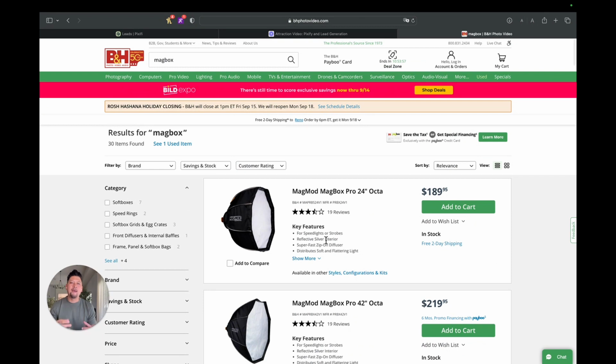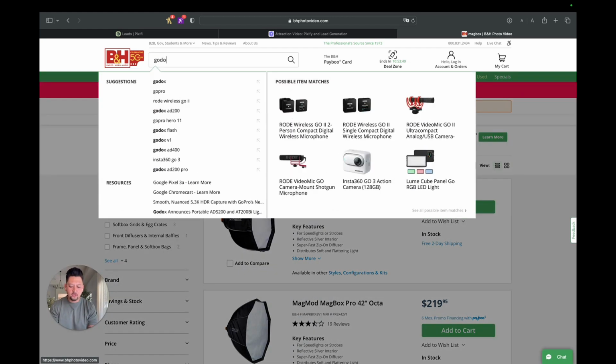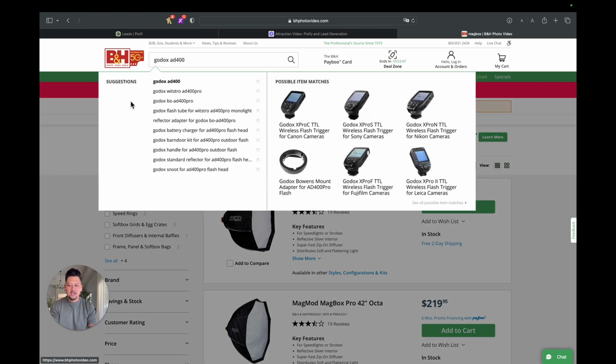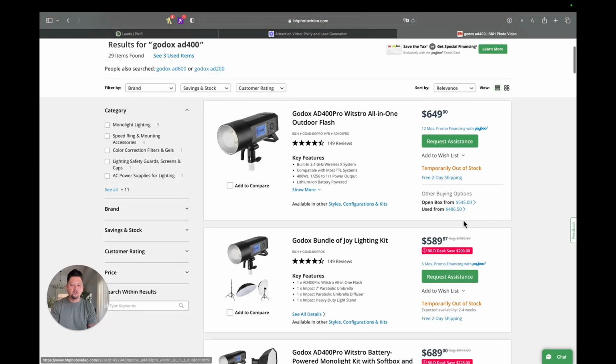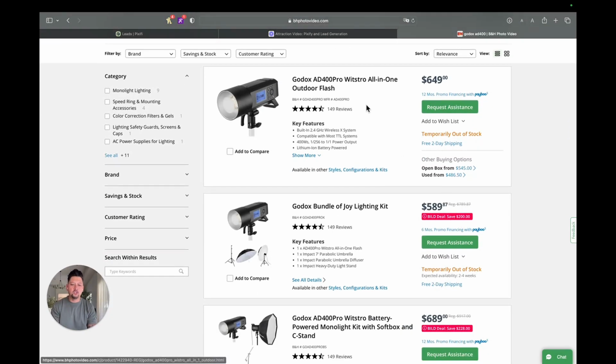I love them. They pack up really nice and tight, so I actually take them to a lot of my shoots. But if I want something a little bit bigger, I use the Godox AD400s. And so Godox goes like 80, 100, 200, 400, 600, and so on, depending on the size, right? These are what I used to use a lot in studio. So I use these in studio, and all-in-one outdoor